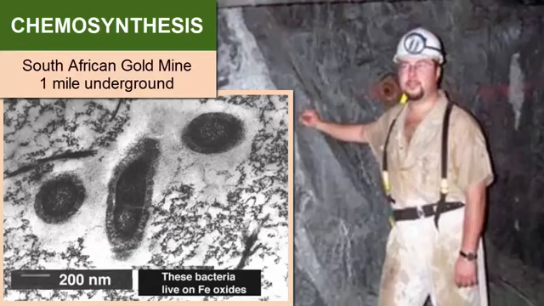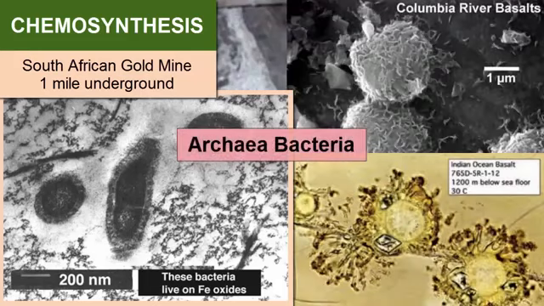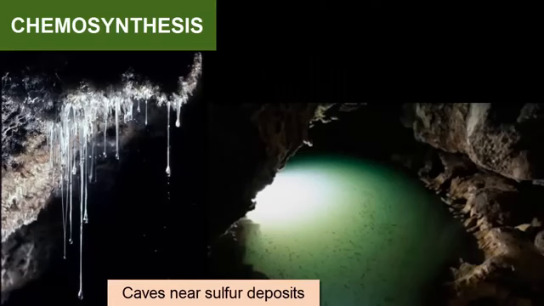In South African gold mines, in shafts nearly 3 kilometers underground, at temperatures as hot as 120 degrees Fahrenheit or 49 degrees Celsius, there are colonies of bacteria surviving without sunlight or oxygen, making their own food from energy stored in chemicals in the rocks like iron. Other species of bacteria have been found deep in mine shafts and in 1,000-meter deep volcanic rocks along the Columbia River. In limestone caves near volcanic sulfur-rich hot springs, bacteria capture energy from hydrogen sulfide gas and use that energy